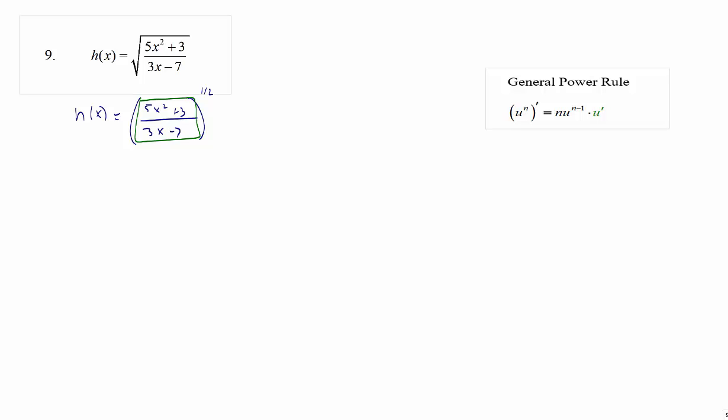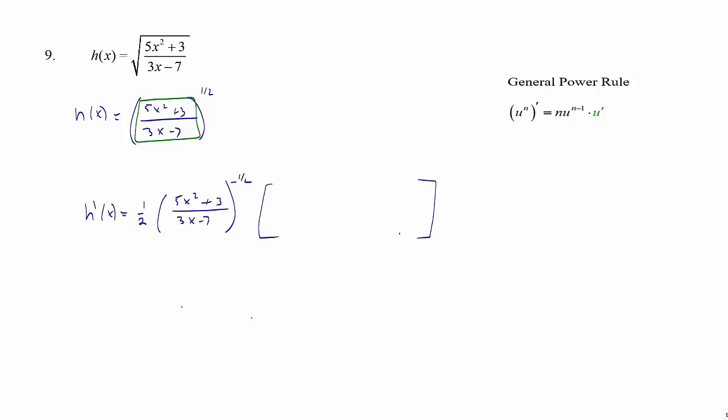All right, so this one's going to get a little messy, but like I said, we don't have to simplify it, so that's okay. So taking my derivative, again, my main function is not the fraction, it's the 1/2 power, so it's the power rule. So h prime of x is equal to, I bring down my exponent, I'm going to decrease my exponent by 1. So everything inside stays the same for the moment. So this is the -1/2 power. Now times